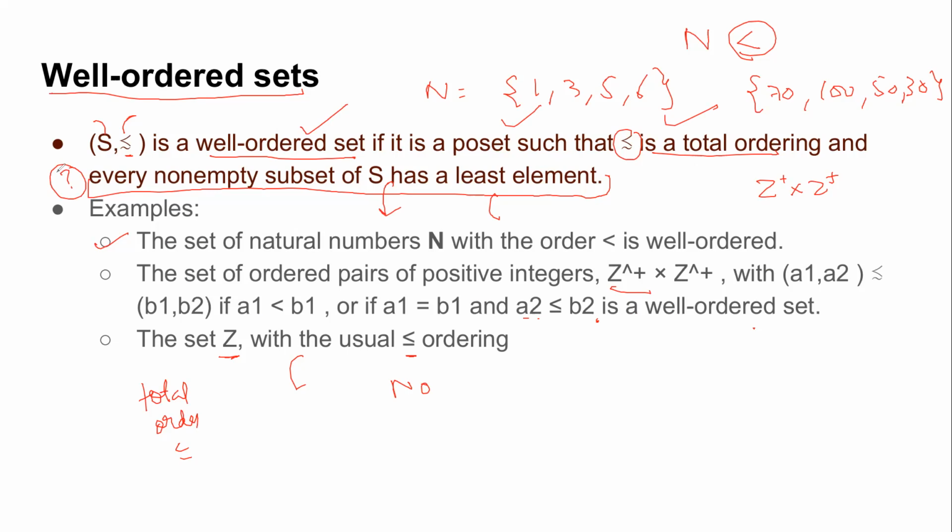No, that is perfectly okay. See, if you have a set, say 1, 1, 1, it has a least element. So 1 is itself the least element, right? Because it's less than or equal to. But try to see a counter example based on this. Can there be any subset of integers which does not have a least element? Think on those lines.